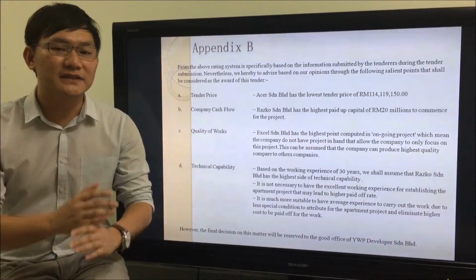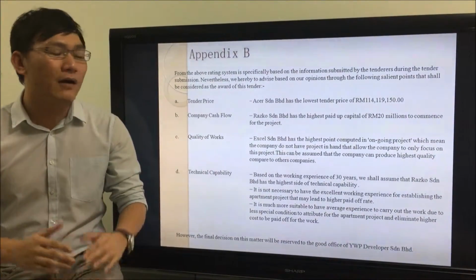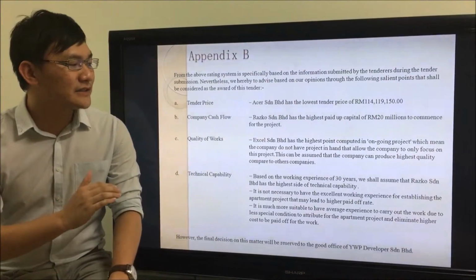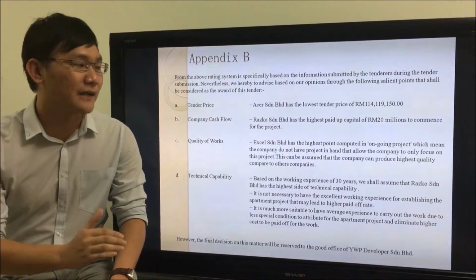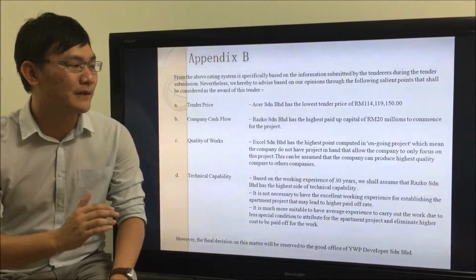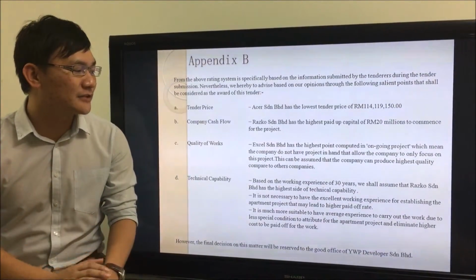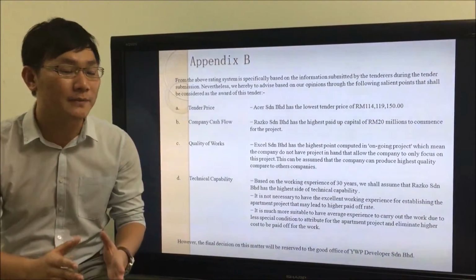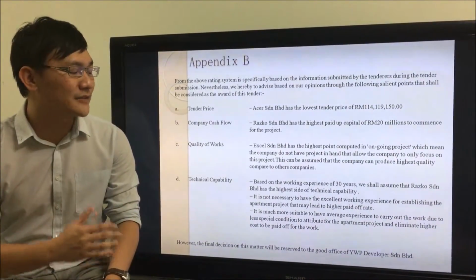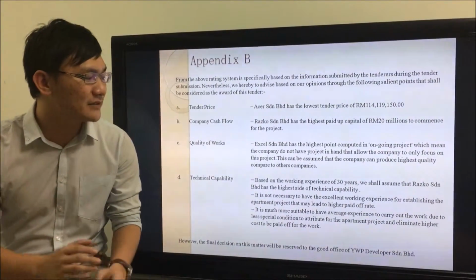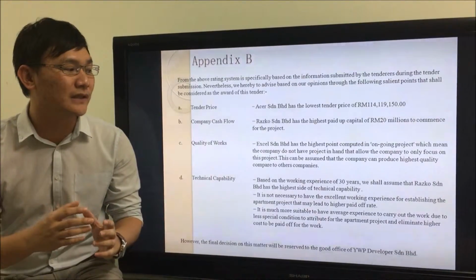After the rating system, as I mentioned just now, I will go into further detail. The tender price: Excel Cerebral Heart has the lowest standard price, which is approximately 114 million. And company cash flow: Rasco Cerebral Heart has the highest paid-up capital, which is 20 million. To commence for projects. And in terms of quality of works, Excel Cerebral Heart has the highest computed in ongoing